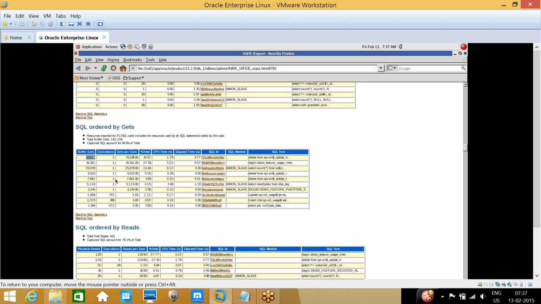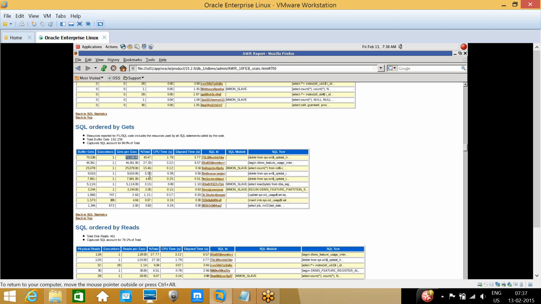More buffer gets is good, but for one execution we also need to consider how many gets. If gets per execution is a very large number, something is going wrong, and we need to check that SQL also.